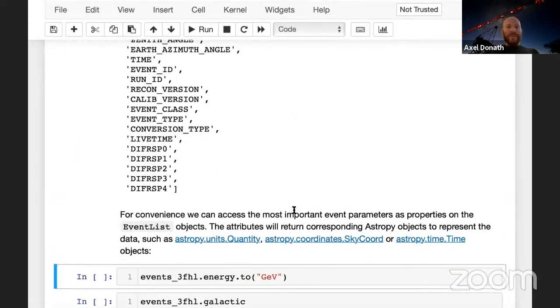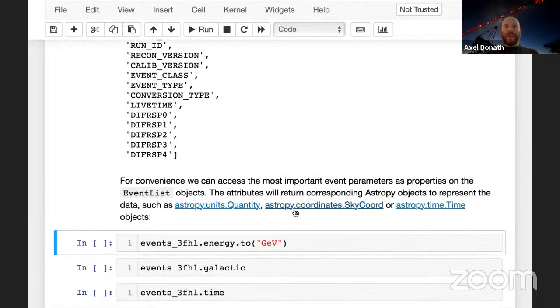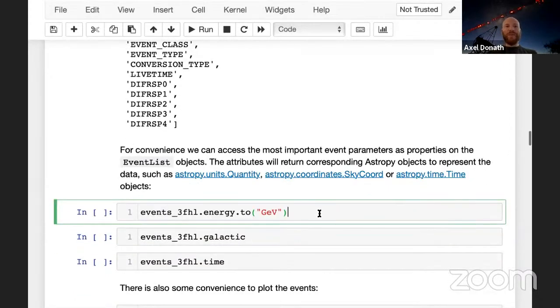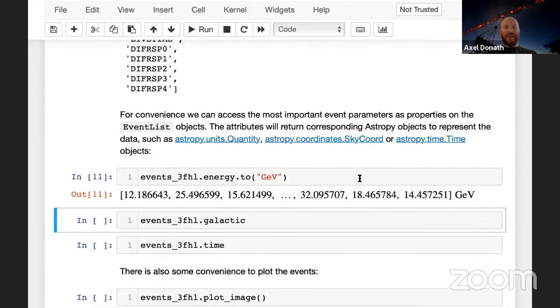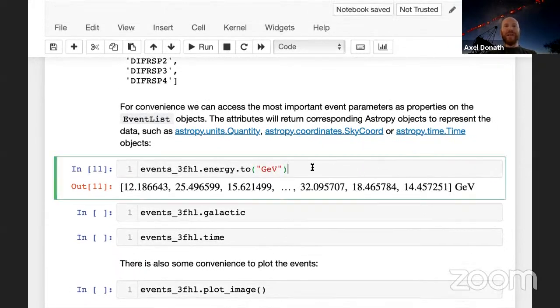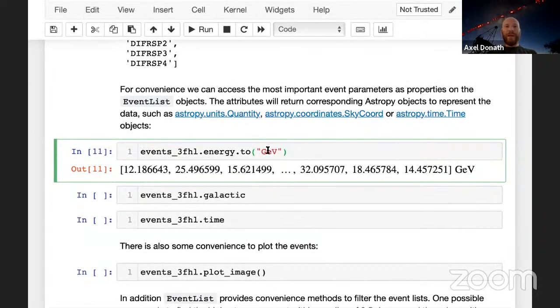So what does Gammapy provide on top of this? Gammapy provides with this event list data structure some more convenience to work with this event list table. This is in general true for many things in Gammapy. In principle, you could achieve everything with basic NumPy and AstroPy data structures, but this would just require you to write some more code. In Gammapy, we've added some convenience layer on top. For example, you can directly access the energies of the events as a quantity and then convert to different units,